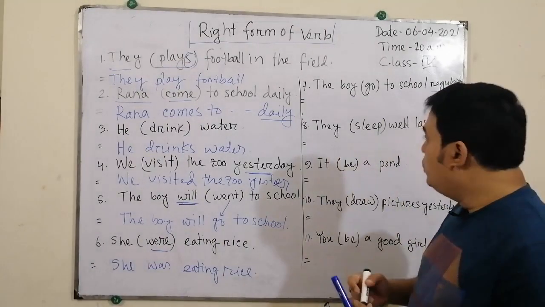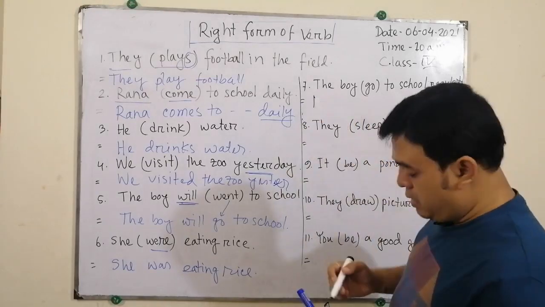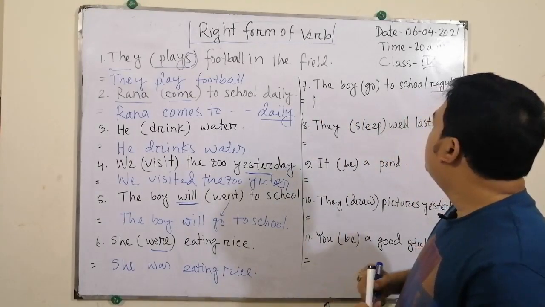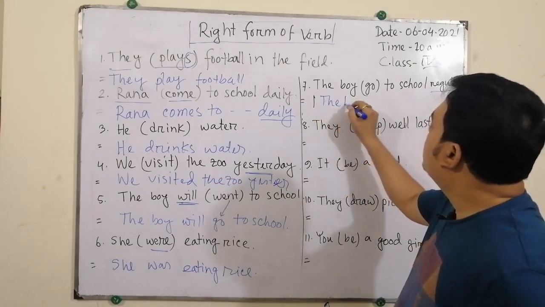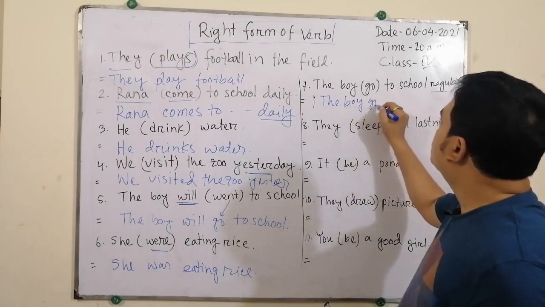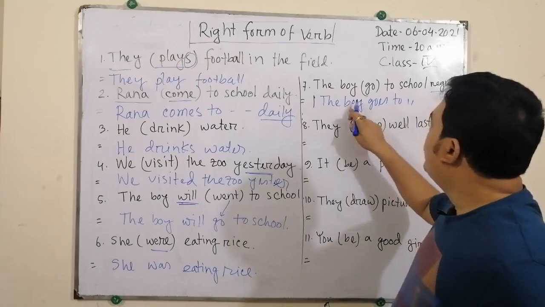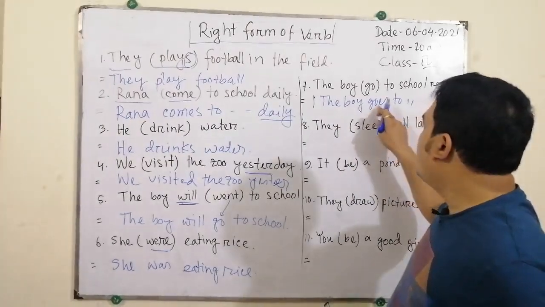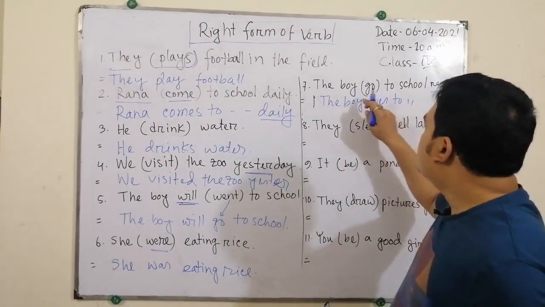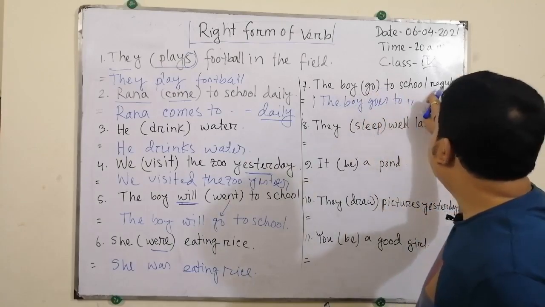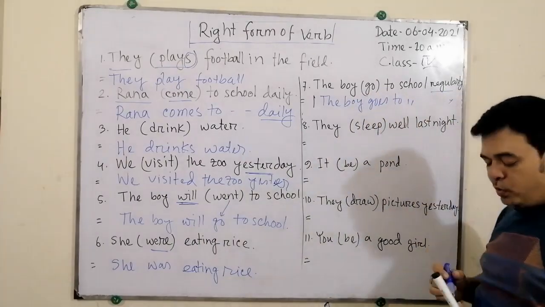We will do that the boy goes to school regularly, isn't it? The boy goes. Why? The boy is third person singular number, and in present indefinite tense regularly shows